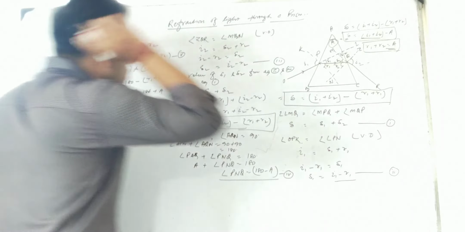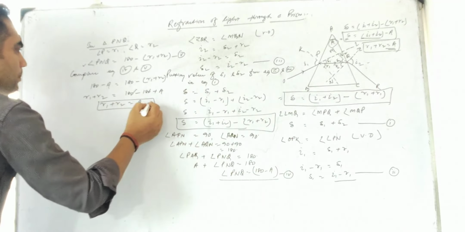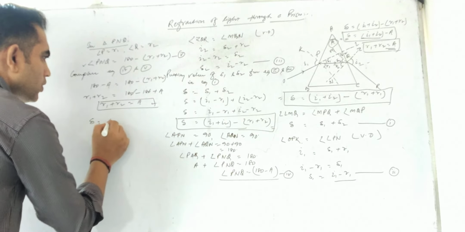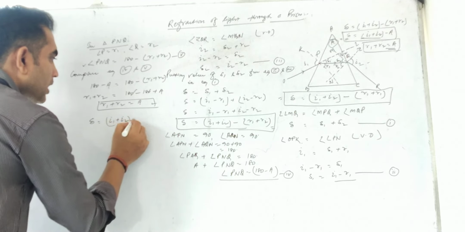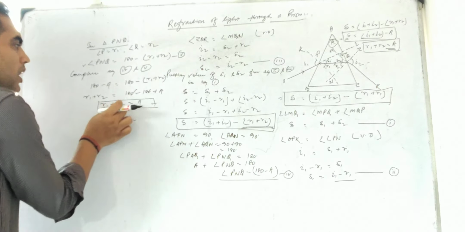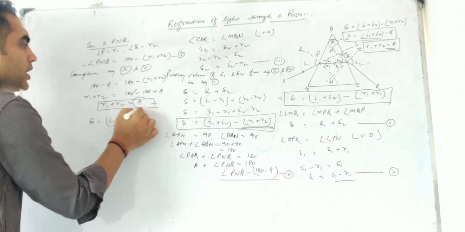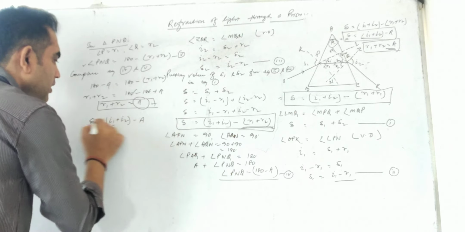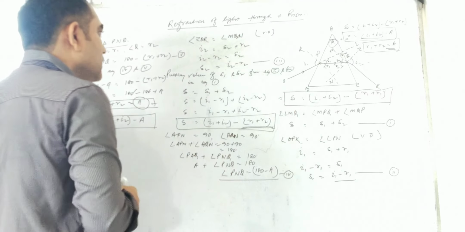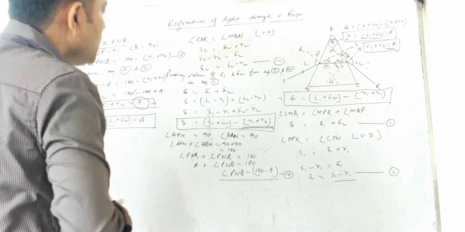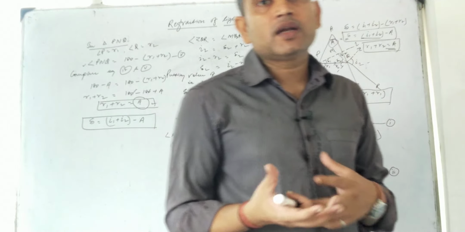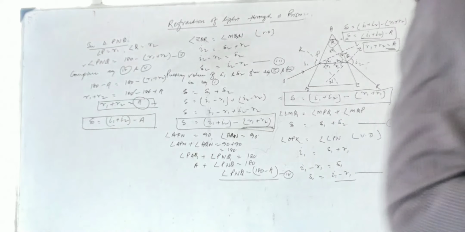Now the third thing: del equals I1 plus I2 minus (R1 plus R2). In place of R1 plus R2, we have proved that it equals the angle of prism, so we can write it here as A. So this is the derivation related to the prism, and this portion is very important. After this we will have the next topic, the deviation and the minimum deviation, and we will do it in the next video.